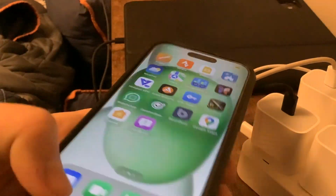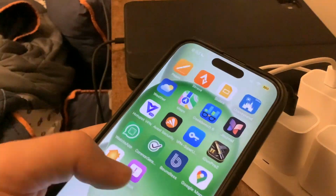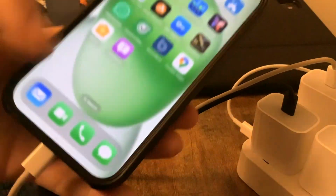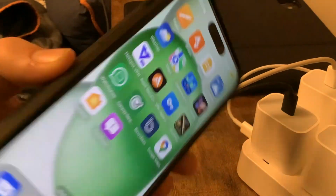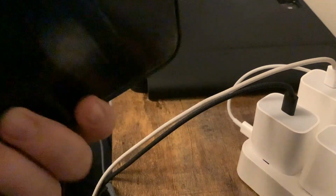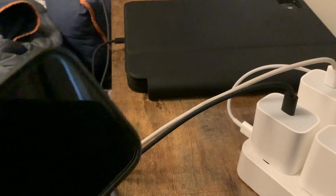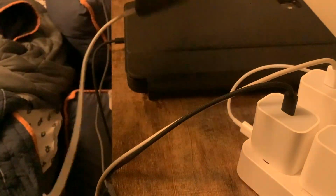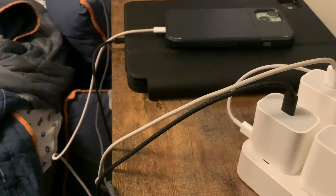But again, compared to the regular iPhone 14, this is still a much better phone in almost every single way. So don't buy a 14 just because you want to save more cash. Get this phone if you don't want the 16. The 16 is clearly better, but it's not much better. It's still 60 hertz. You have a very similar battery life and camera, and yes, the chip is a little bit better, but not much. The only benefit of getting the 16 would be a slightly better camera, better thermals, and